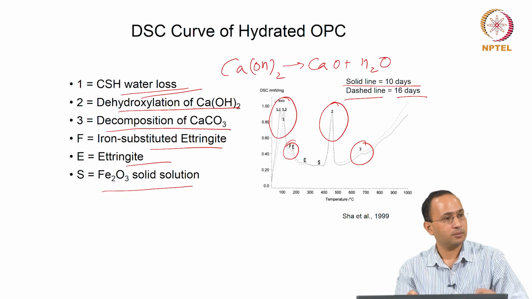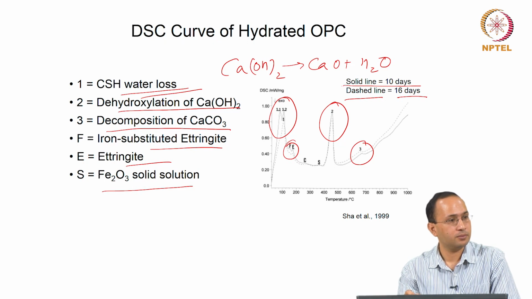Yeah. So how do you understand that all these peaks correspond to a particular phase? Right, that is a good question. How do we understand? You will have to do tests on pure phases. So, calcium hydroxide for an example, when you just take calcium hydroxide and do the test, you will get a signature. So, then it is like matching, you know, when you do peak matching for your X-ray diffraction. There is a database where we know the information.